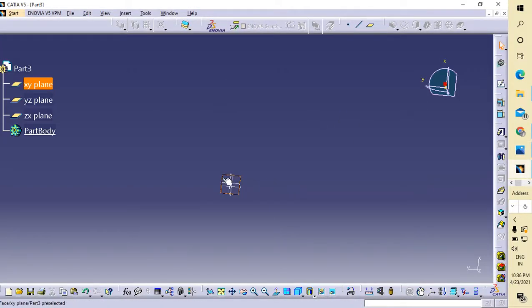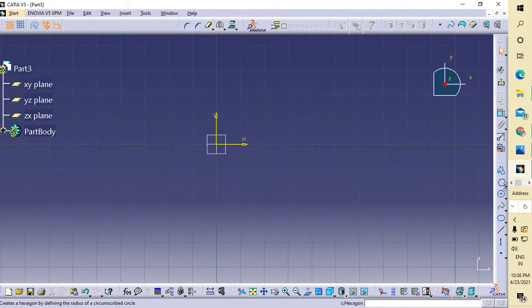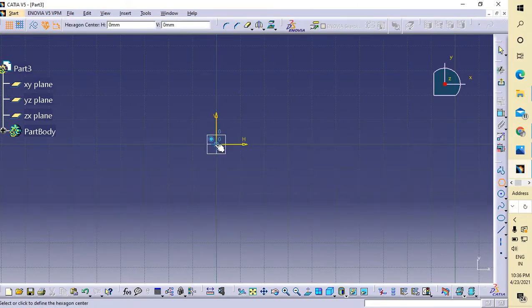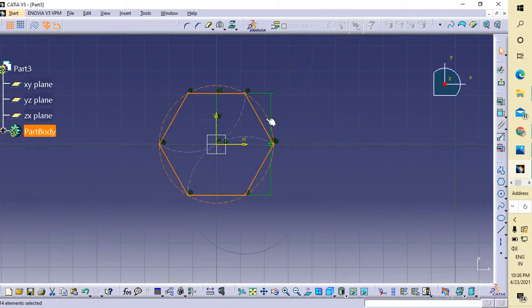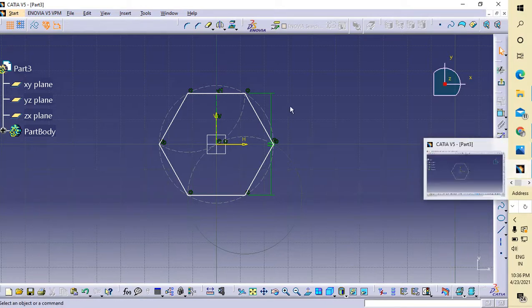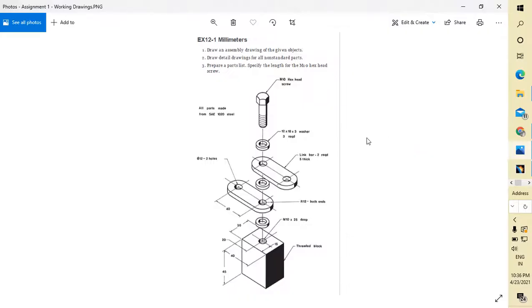Now I am selecting this axis and going to sketch. First of all you have to select this hex head. Now I am selecting this hex head. Okay, no problem, and I am giving this as, what is the specification?